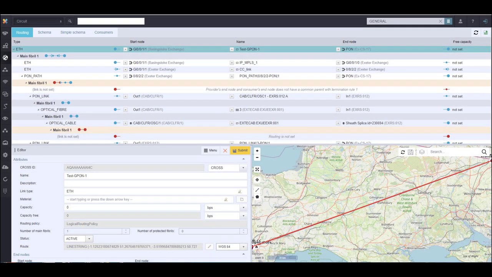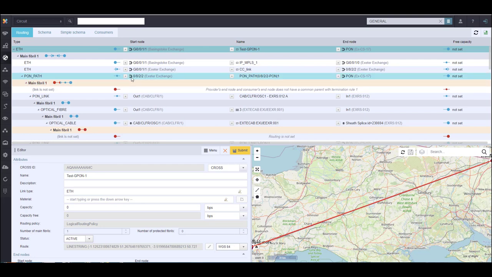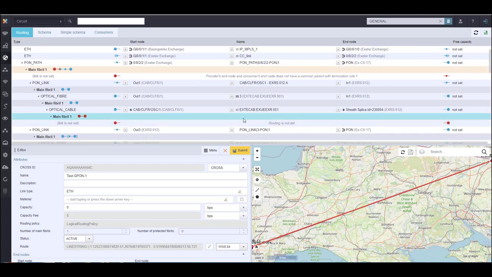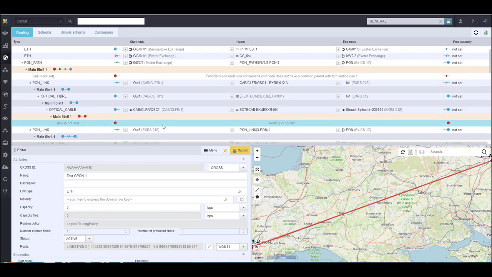The final example is a hybrid, where we have most, but not all of the information. You can see from the screen we have certain connections which are highlighted with red dots. One of these is a logical connection, the pond path, and the second is a physical connection, the trench or conduit within which the optical cable runs. Cross highlights both of these and gives the start and end points of the gap to enable you to identify exactly where remedial action is needed.